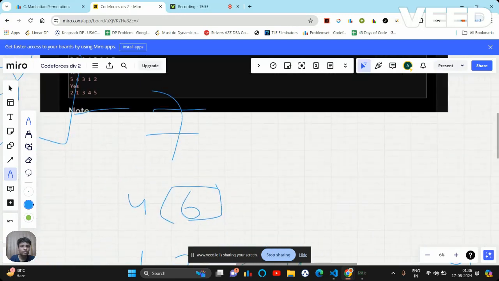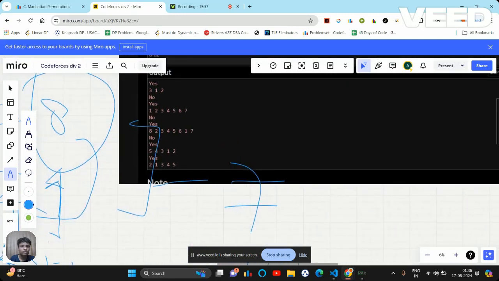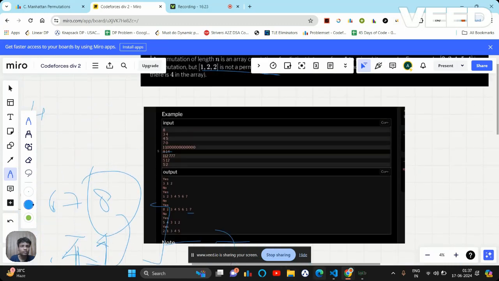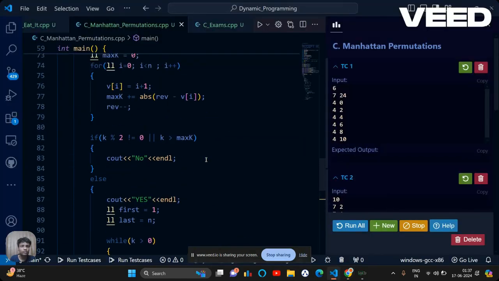Okay, so I think the approach will be clear to you. It is a two pointer approach in which I approach from the start and from the end. If the condition is satisfied, where k is greater than or equal to 2 times the sum of the difference between the last index and the first index, say i, then I'm going to swap them. Else I'm simply decreasing j, not i, as simple as that. So this is the approach. Let's see it in the code.